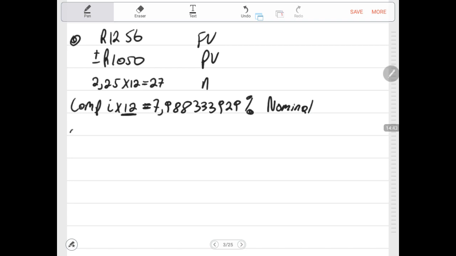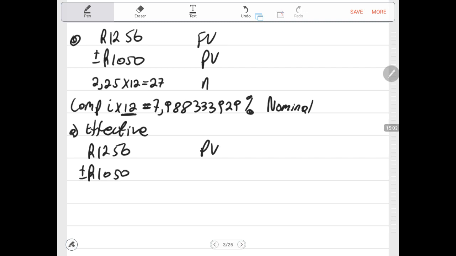Then now, still under number A, we need to calculate the effective rate of interest. Nothing changes, we still have the same numbers: 1256 is the future value, and minus 1050, sorry, is the present value. And our n now will have to be 2.25 years. Then we compute